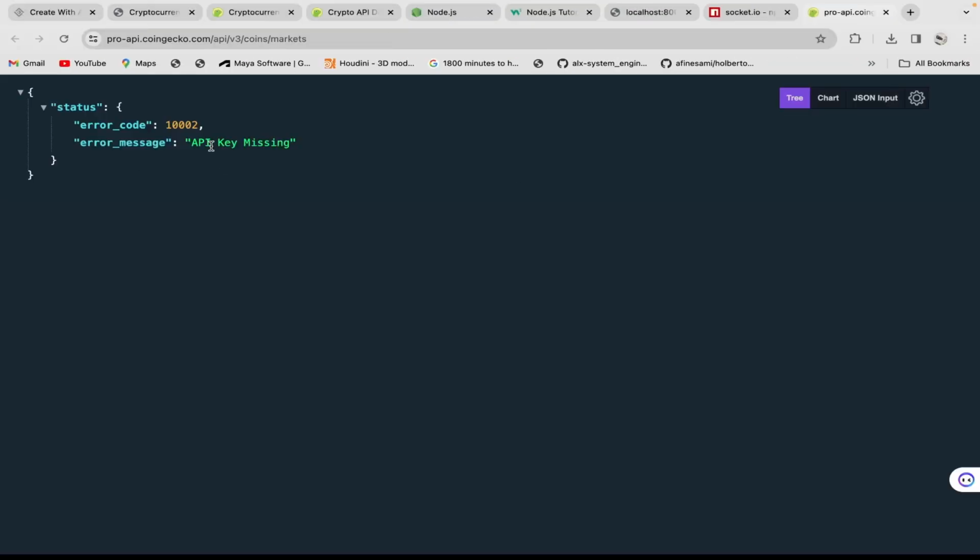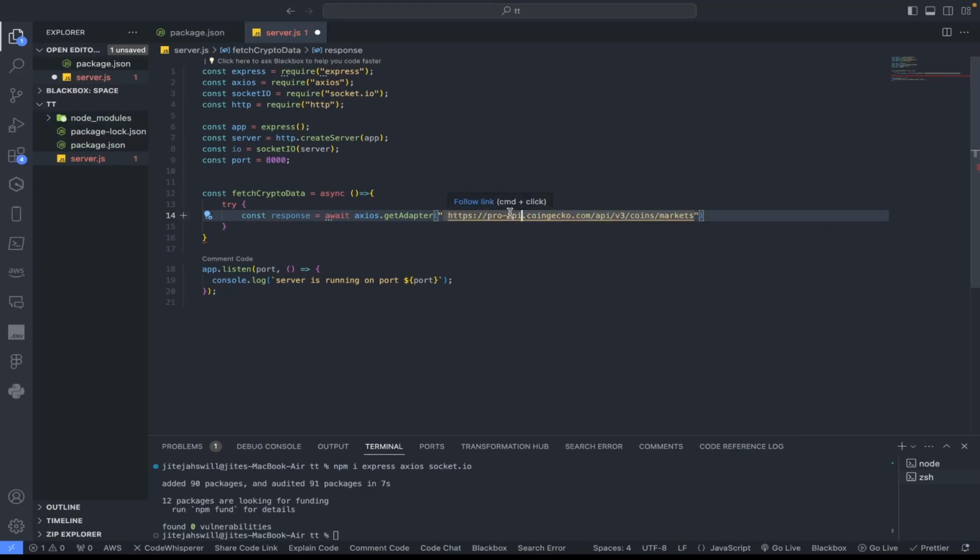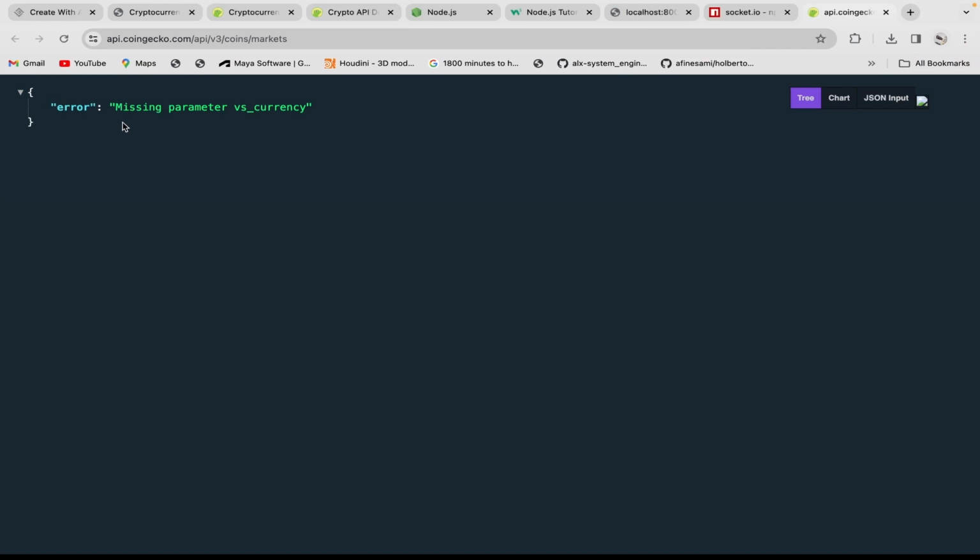It's going to tell me API key missing and some other things. So for now, we do not need an API key. I'm just going to get around the API key by changing this to api.coingecko, because this is the pro version of it. So api.coingecko.com. If I click on this now, I don't need an API key, but I just need missing